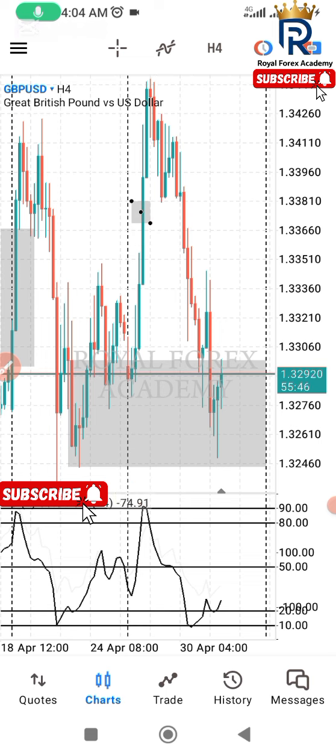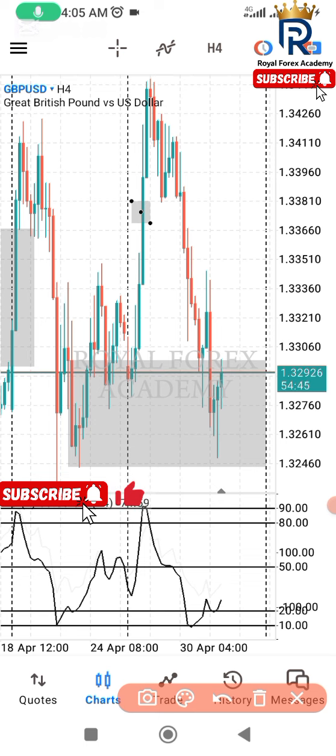We have different types of point of interest, but in this particular video, we are looking at the order block. So the third criteria for identifying the right order block, remember we've talked about taking liquidity, we have talked about leaving an imbalance, a fair value gap, and then the third condition is that